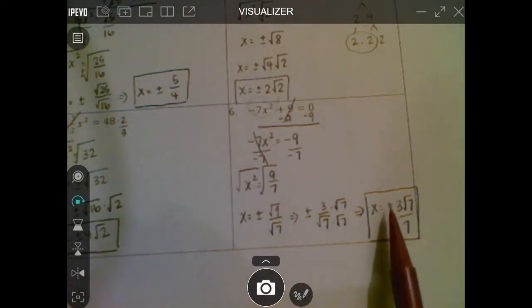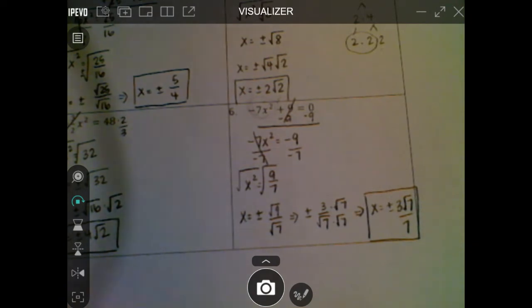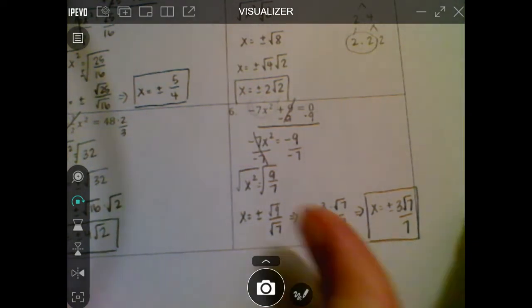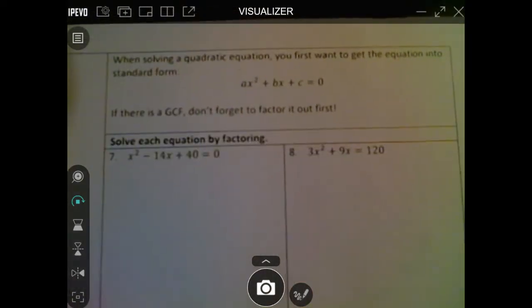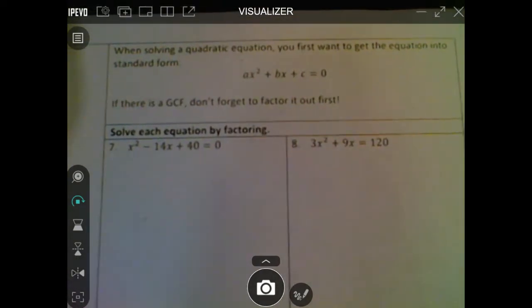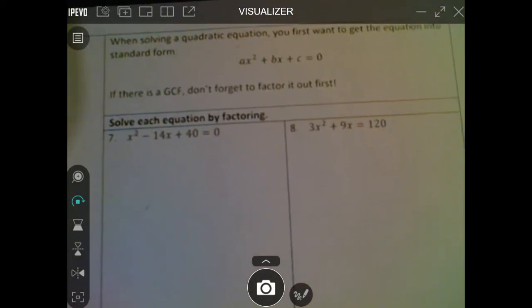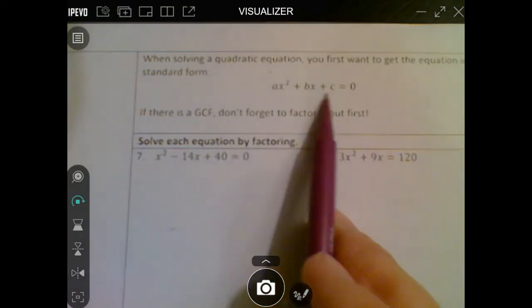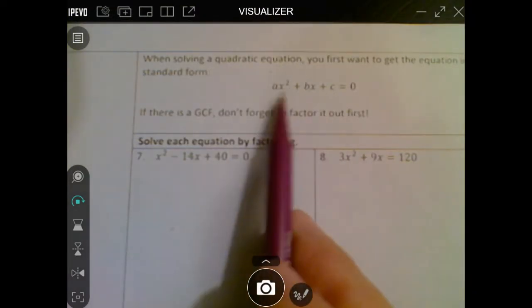And again, don't forget your plus or minus on that. Okay, so that's kind of two of the methods for solving. Our other method that we spent a lot of time on in Algebra 2 was solving by factoring. So remember that when you're solving by factoring, you want to get your terms all on